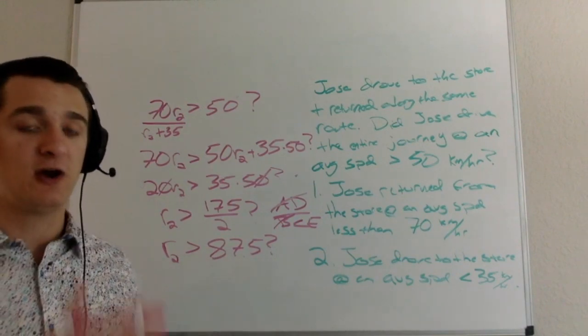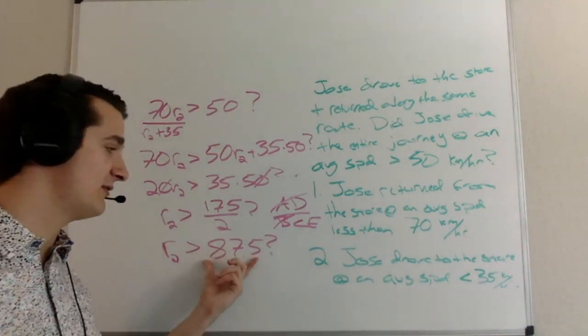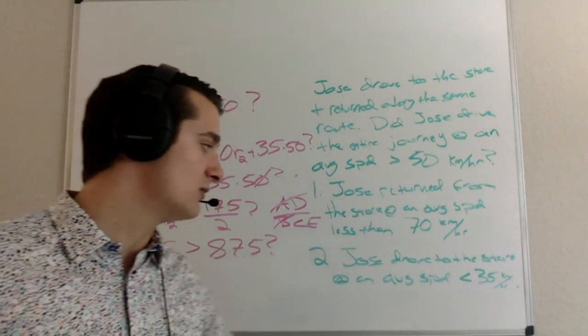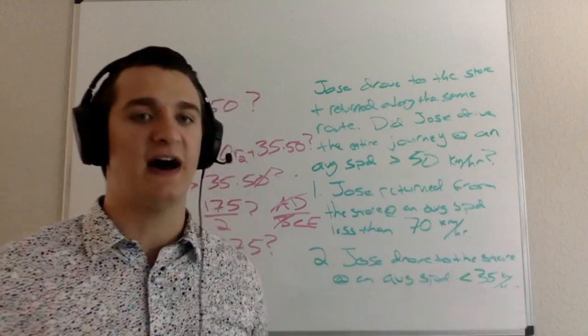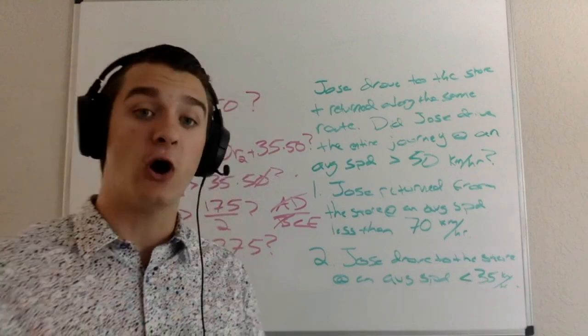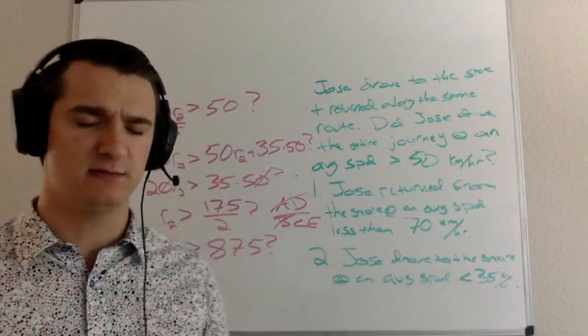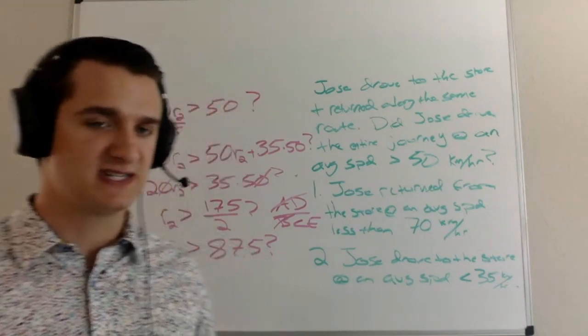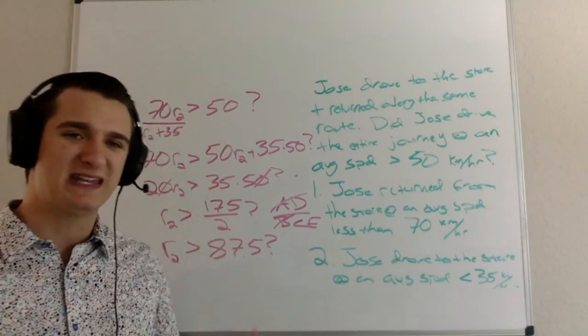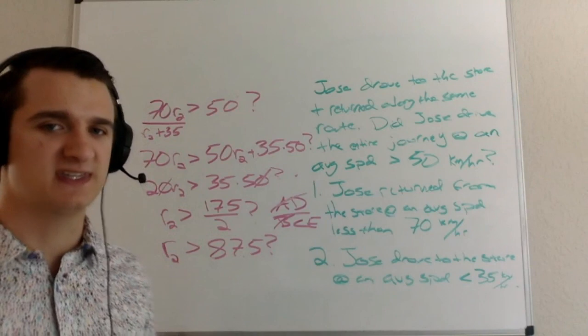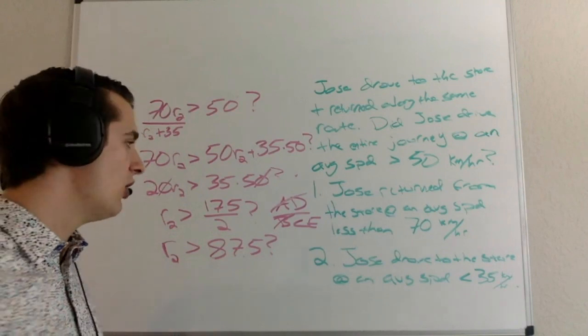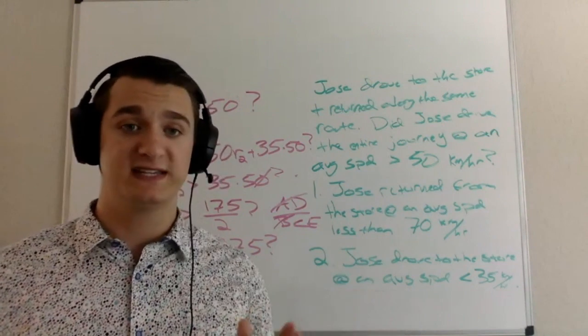So the average speed on the way back must have been at least 87.5 if the average speed on the way there was 35 in order for this all to work out. The reason that's important is that I don't want to get too detached from the question and turn this thing into all purely math. The other thing to know is that average speed, even if I have two equal distances, I can't